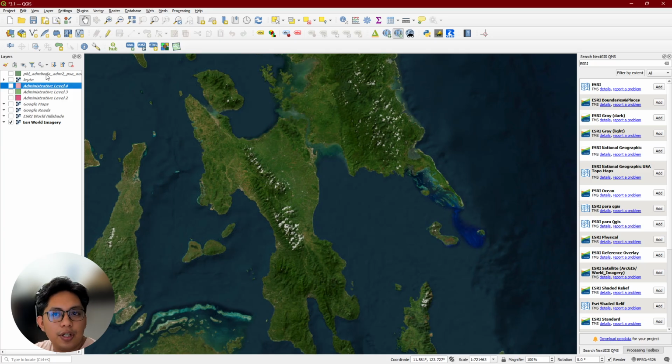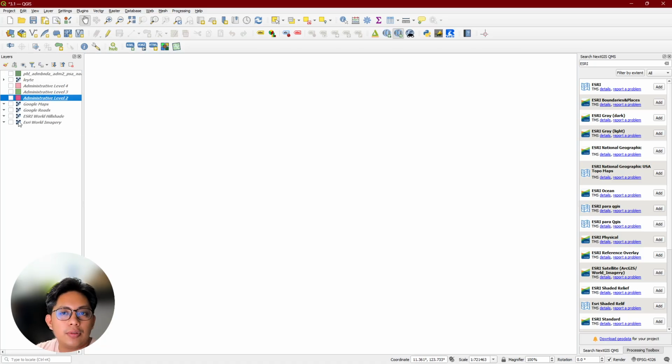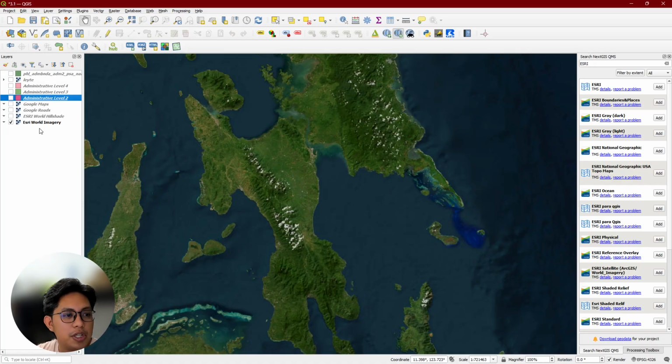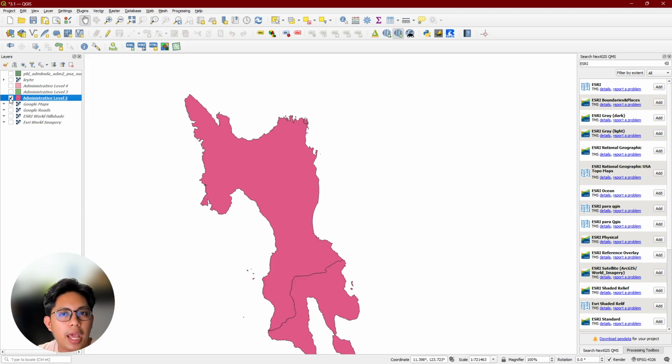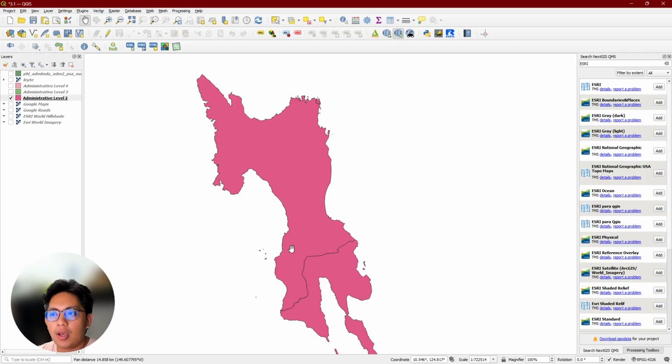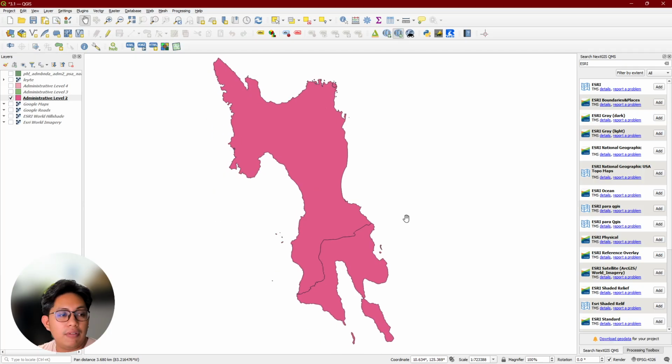Just leave your data sets here. Leave your data sets. Hayaan nyo lang siya. I like to remove the world imagery ones because they do take up a lot of internet, RAM, resources. I only like to leave one here.